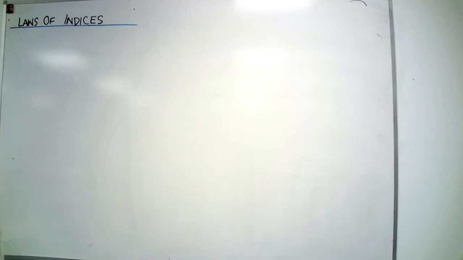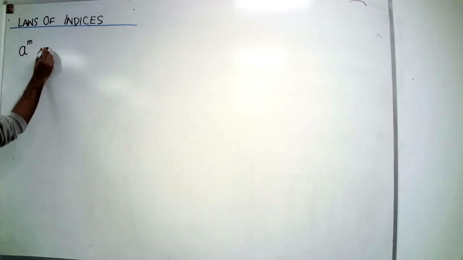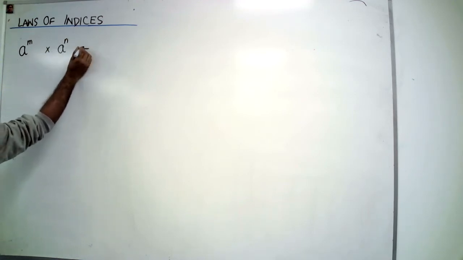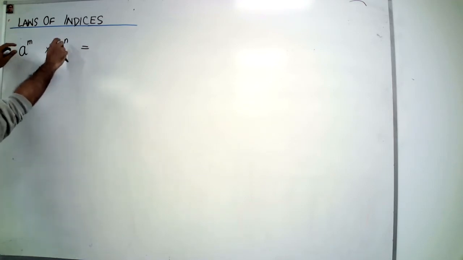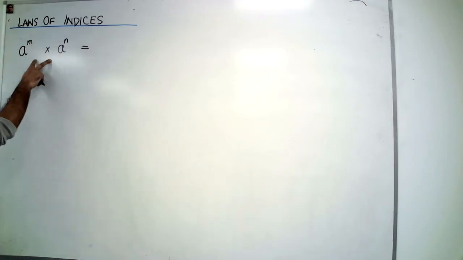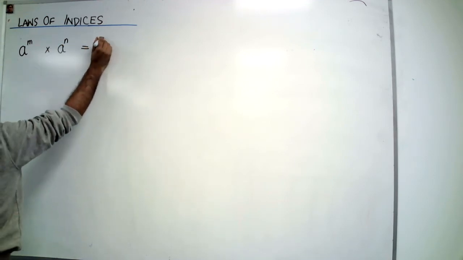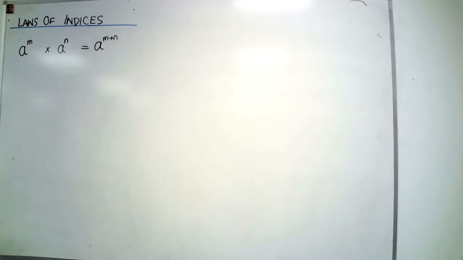Okay, let's say we got a to the power m multiplied by a to the power n. When the base is same, this is called the base and that's called the power. When the base is same, you add the power: a to the m plus n, where m and n can be any real numbers. For example,